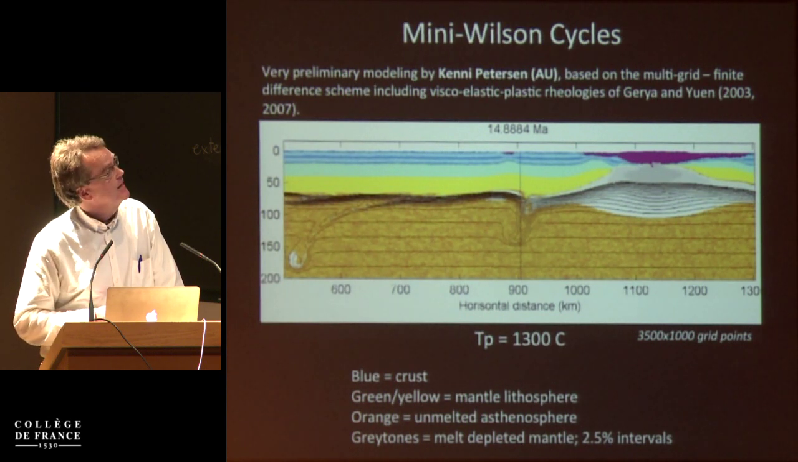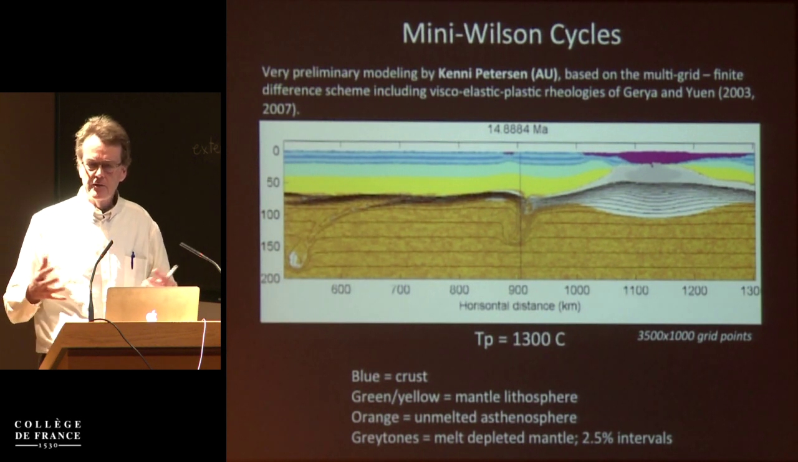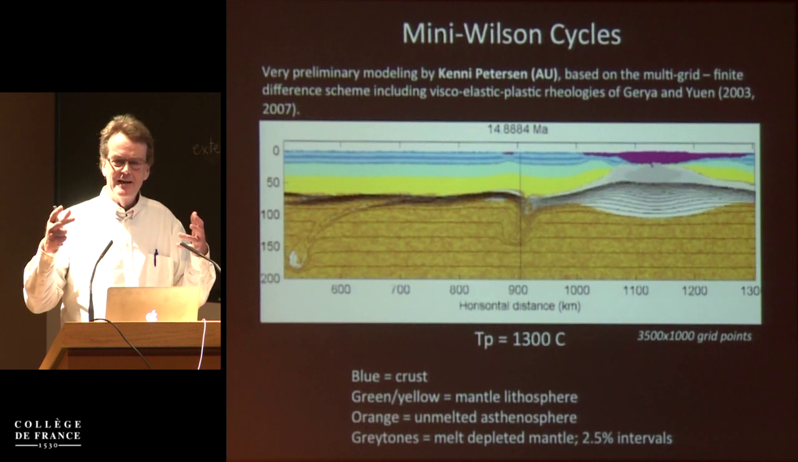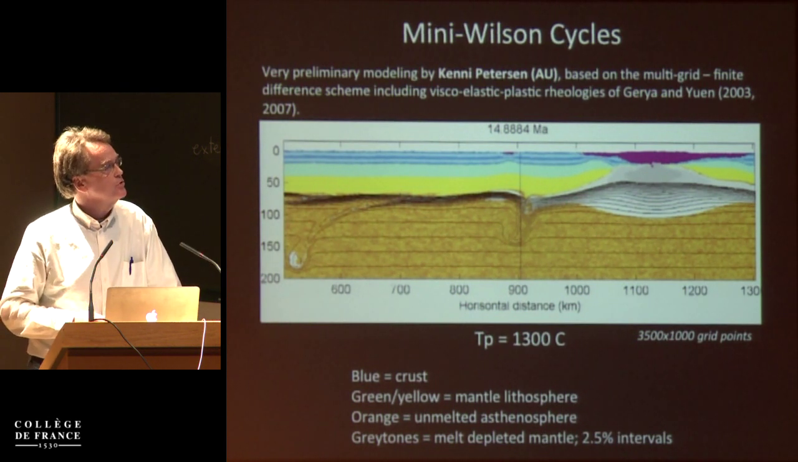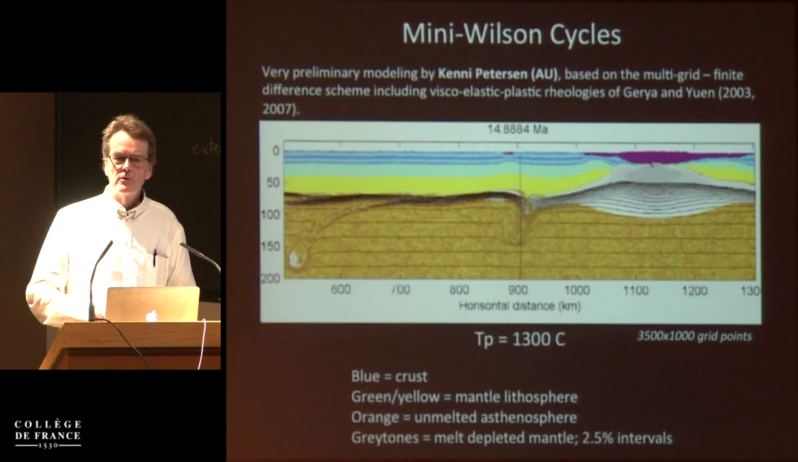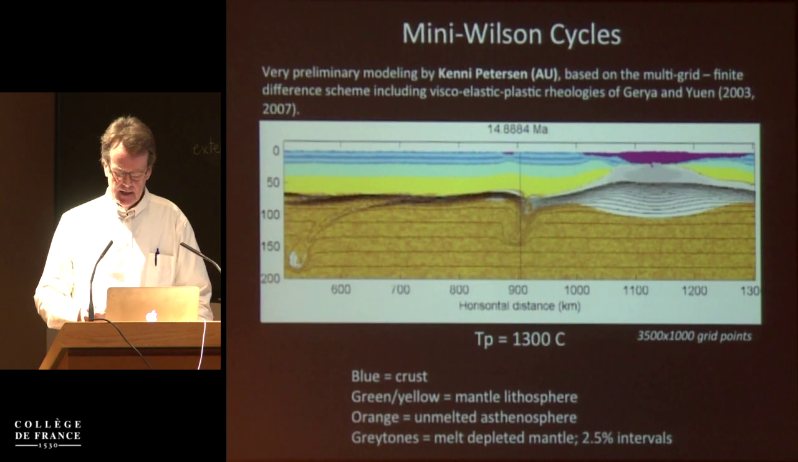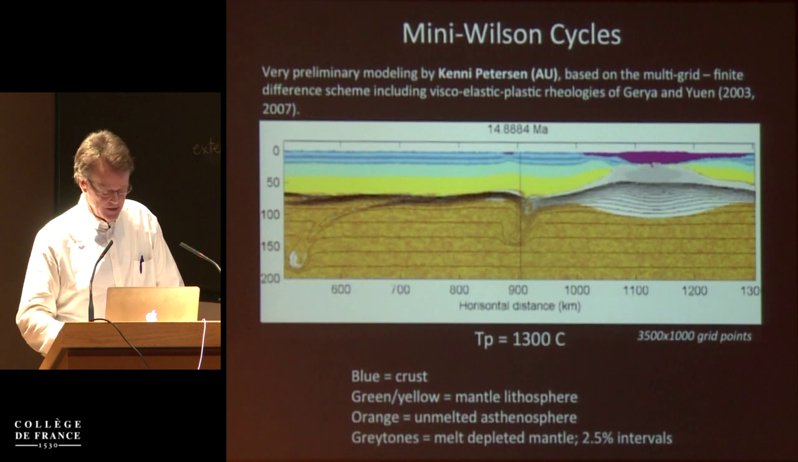This is just some of Kenny Peterson's, and this is very preliminary work. I just wanted to share this with you because one thought that I've had certainly is that if we have to take this very depleted material that is too dense at shallow levels and get it down, we need some mechanism for efficient vertical transport. I'm referring to this as sort of a mini Wilson cycle, where effectively we're extending and compressing, extending and compressing in these cratonic environments over time. And you'll see in this